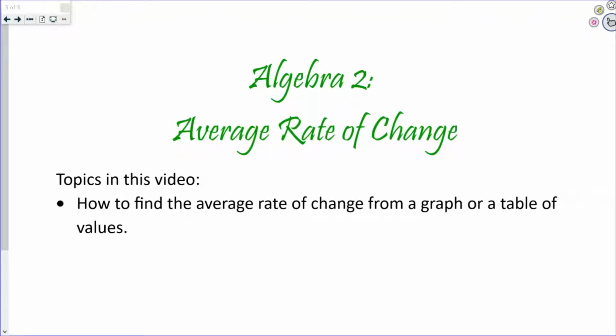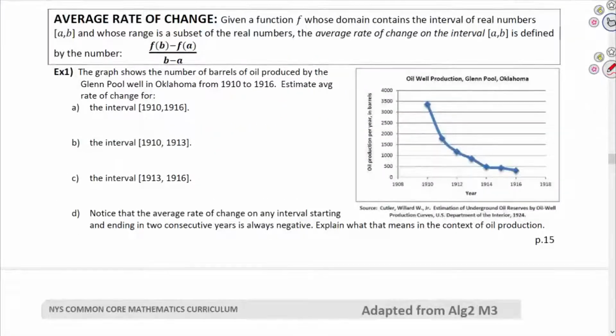This video is about average rate of change. We'll talk about what it is and how you find it from a graph or a table of values. Let's get started. The definition of average rate of change is: given a function f whose domain contains the interval